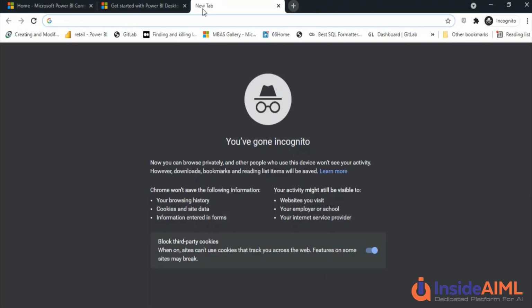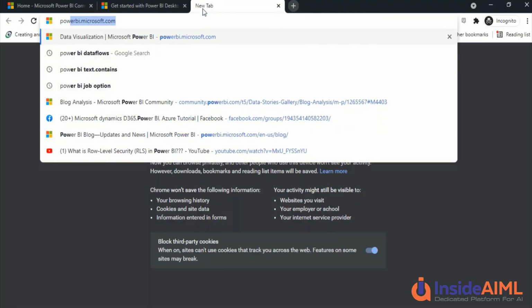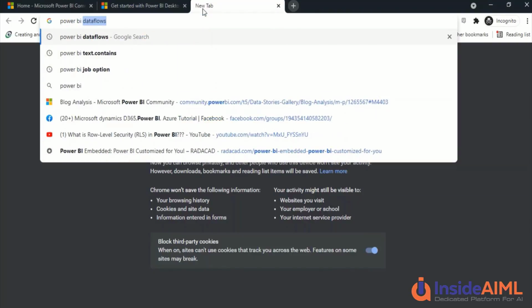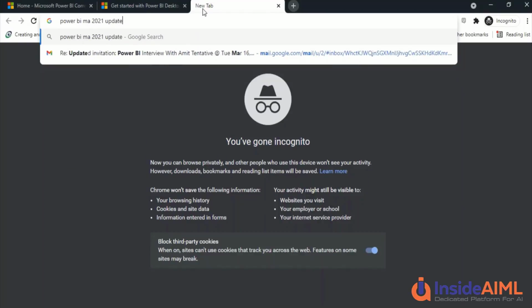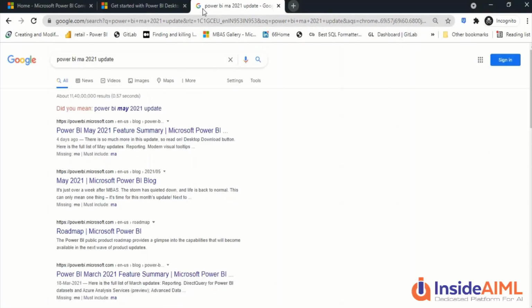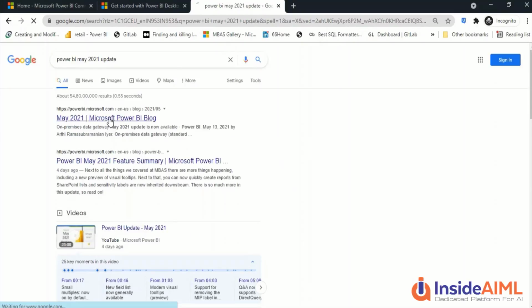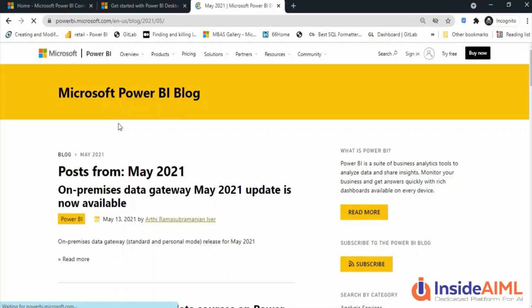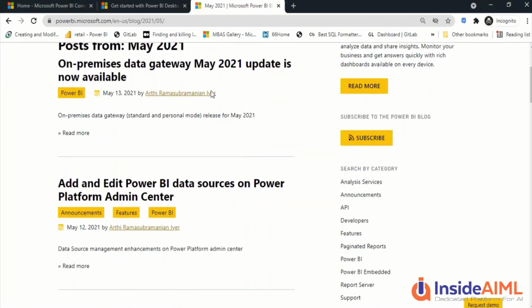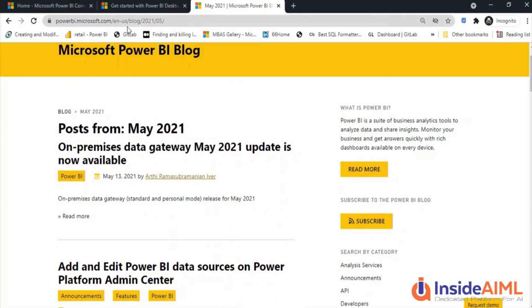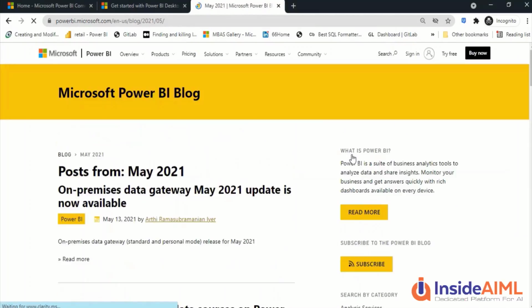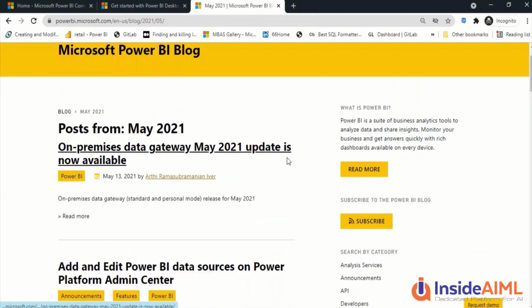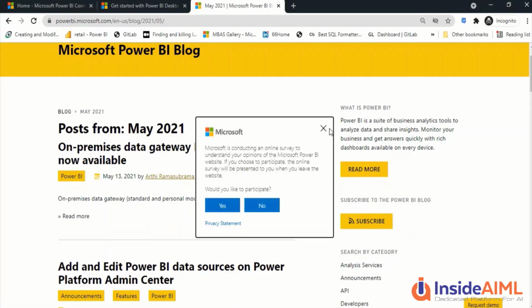Now, a few other things which you can also take advantage of, which are available online, is you can search for the latest release. For the latest release, there is a blog, and you can search for that. Typically we search Power BI May release or something, then you will reach that blog, powerbi.microsoft.com/en-us/blog, and then depending on different languages, that blog is available.